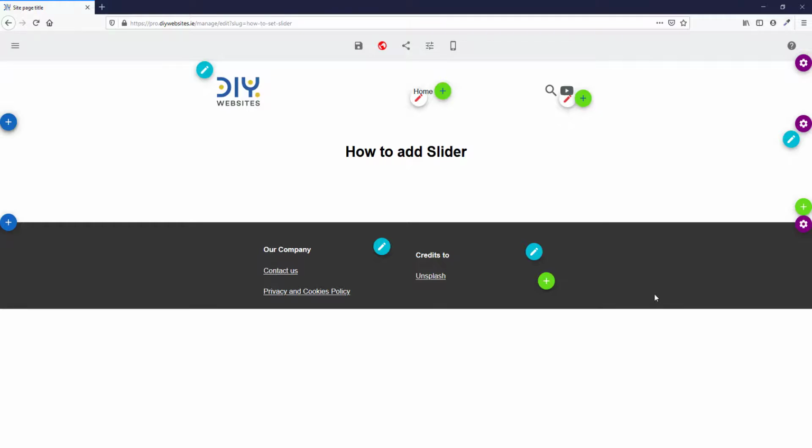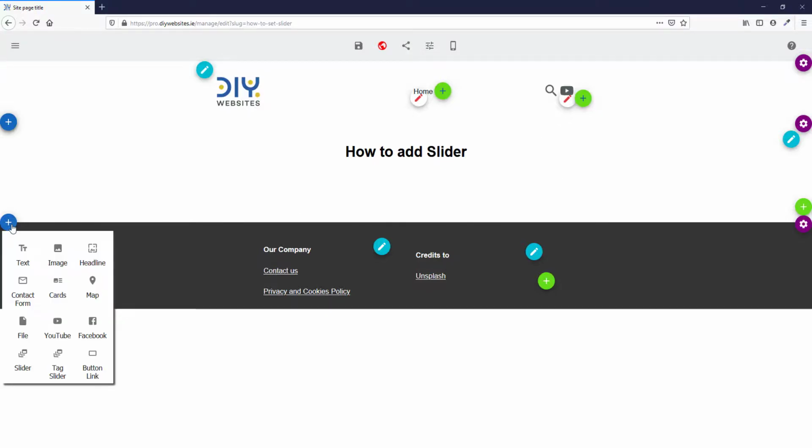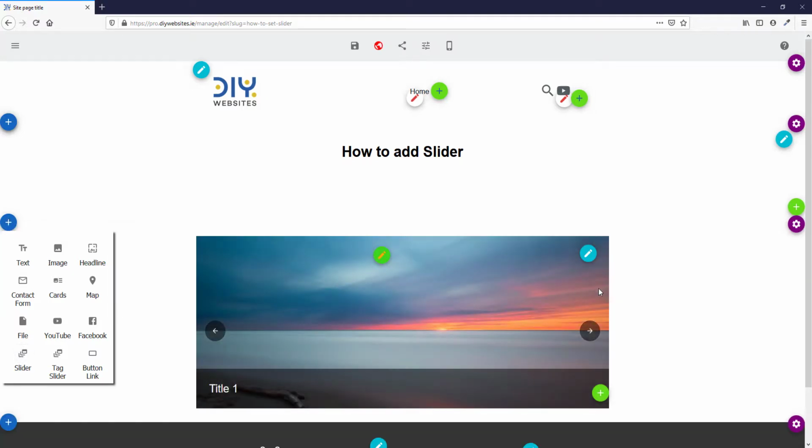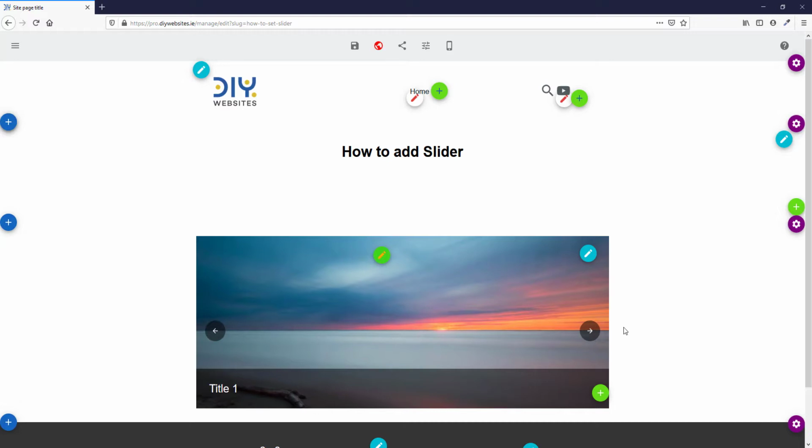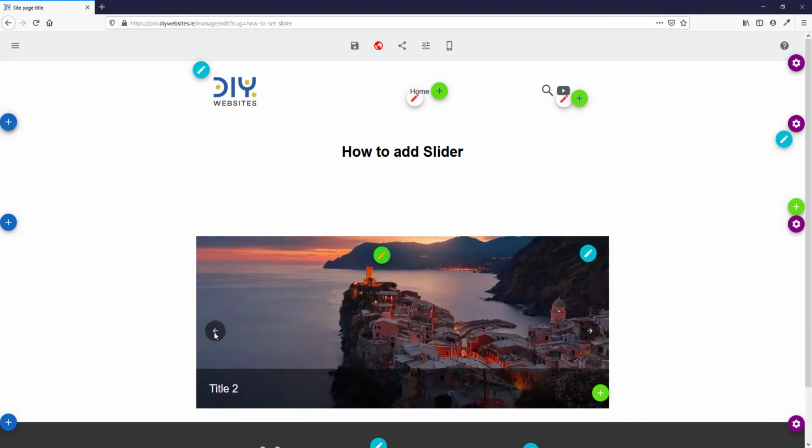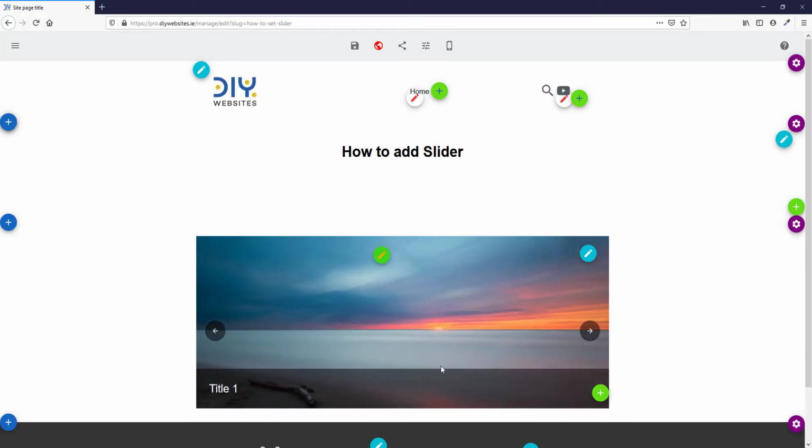This is a DIY websites web page, and I will now add a slider. So use the plus button, add slider, and here is my slider here. If I go left and right, I will see different images with titles. But of course, I will change that image because this is the default one, and I can do that from